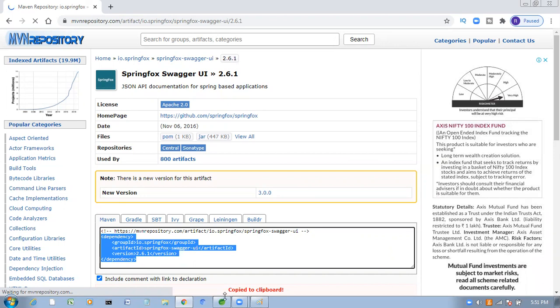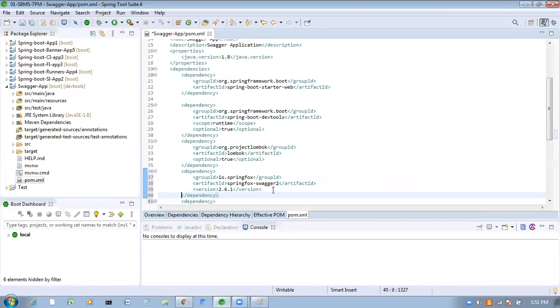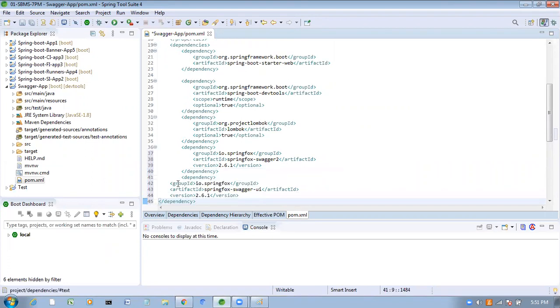Copy this one, go to the application and add it here only. So these two dependencies I added here.